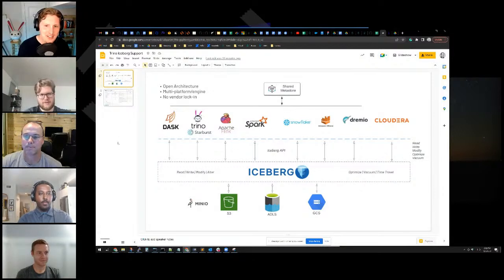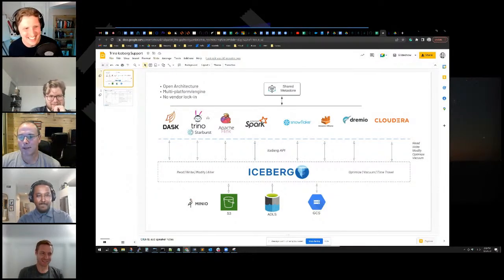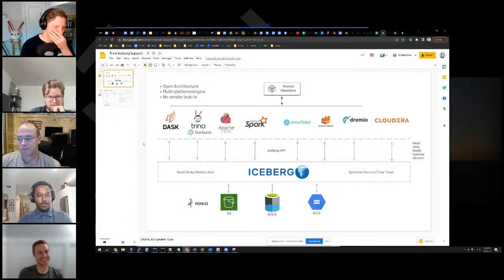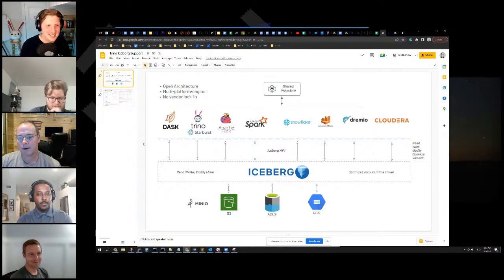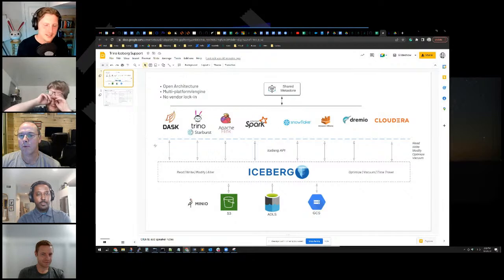There are already a couple missing. Oh yeah, let me know what they are. I'll send it your way. BigQuery and Apache Doris and StarRocks. Okay. BigQuery is a pretty big one. Yeah. So BigQuery does now too. Okay. Well, I think it hasn't been released, but there's an article where they mention adding Iceberg support. And then what's the Fivetran? I heard Q4 will be out as well. Nice. So it's just growing and growing. And when I talk to people, it's like, where do you see yourself in 2 or 3 years?